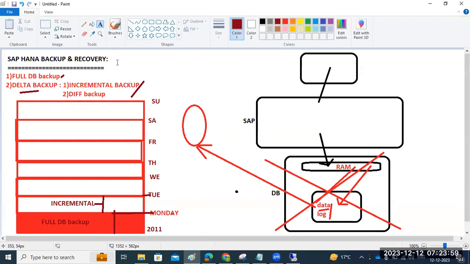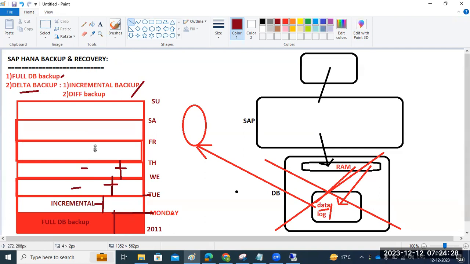Then Tuesday 7 o'clock to Wednesday 7 o'clock, whatever data increased, only that data. Then Thursday to Thursday, whatever data got increased, only that data will be taken care of here. That is called the incremental